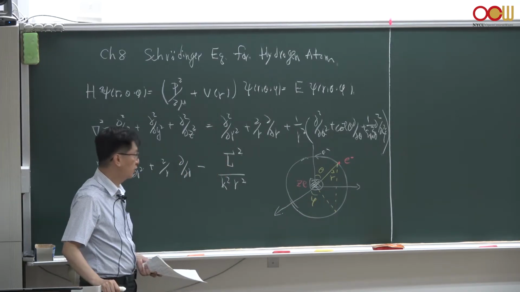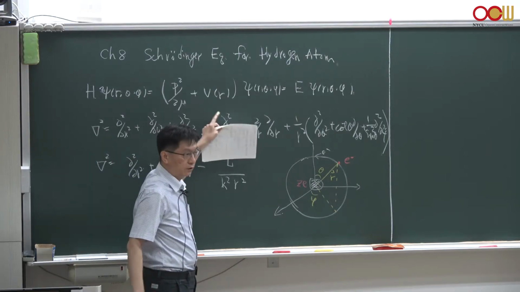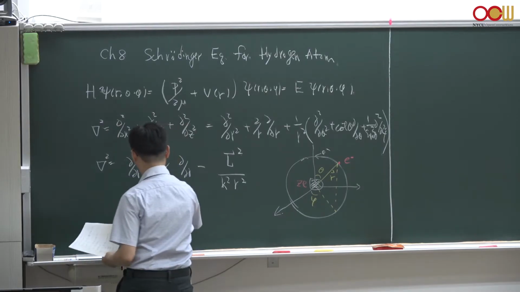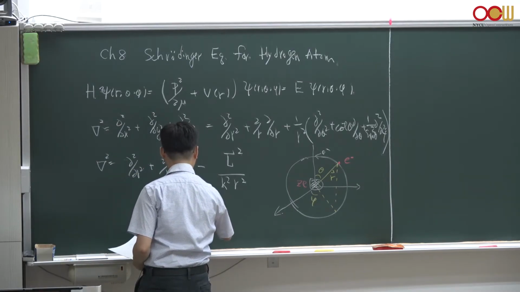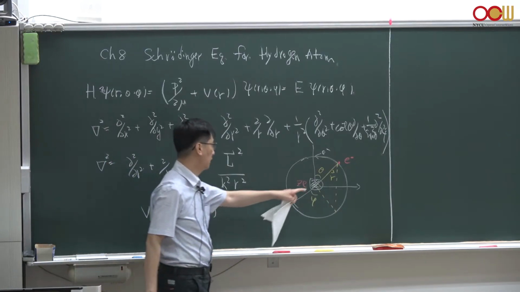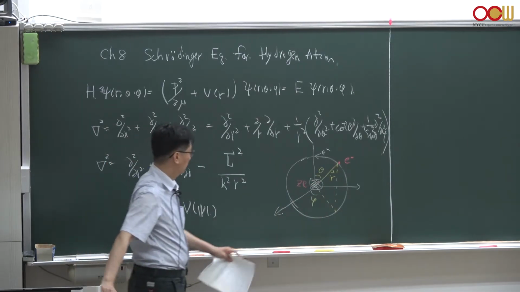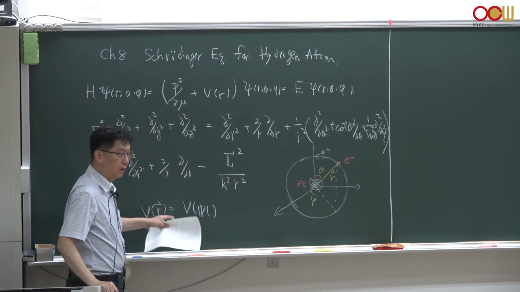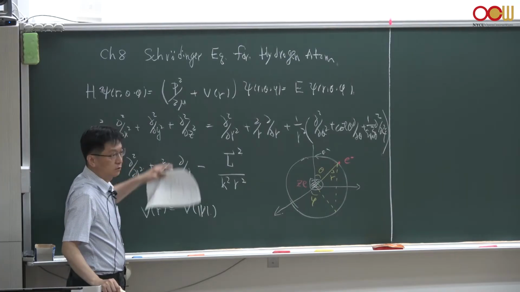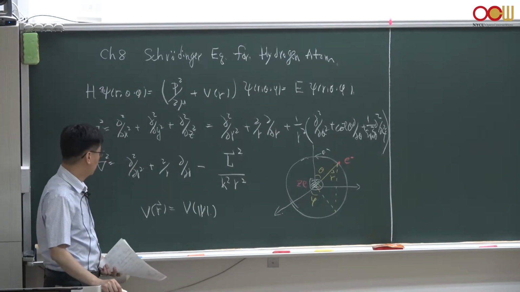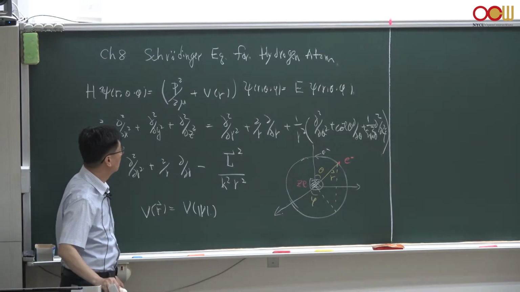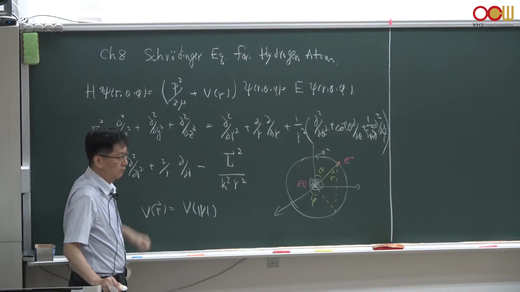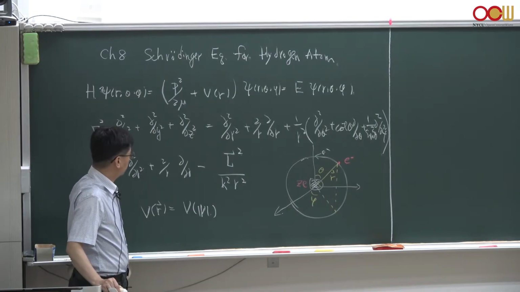We know that this Coulomb potential V of r is spherically symmetric, right? So it is a function of only the magnitude of the distance between this electron radius vector r and the nucleus core origin. So it doesn't depend on any other variables. As a result, this Hamiltonian shows a spherical symmetry. We should take advantage of such a spherical symmetry to express this Schrödinger equation or eigenvalue equation for hydrogen atom in